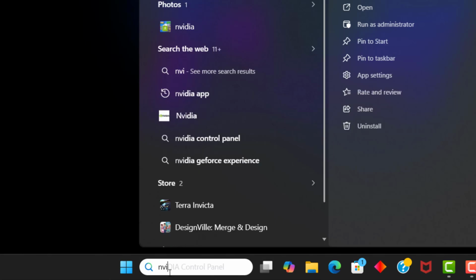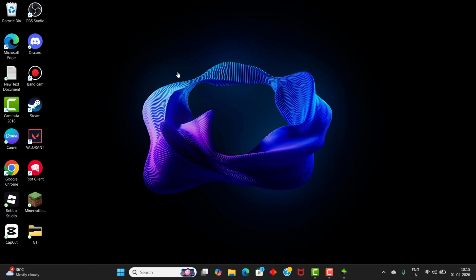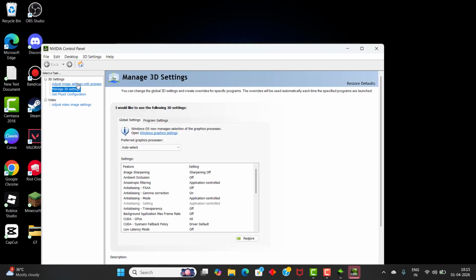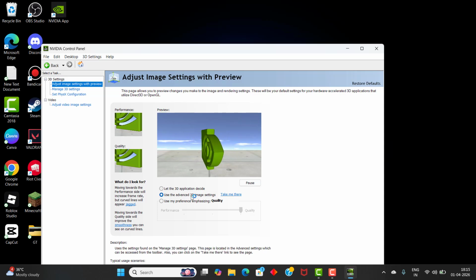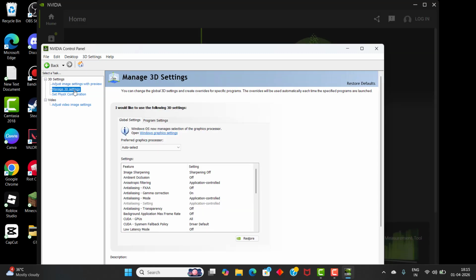And after go to NVIDIA control panel, click it and you need to click the adjust settings. So make it use the advanced 3D image and go to manage 3D settings. You need to